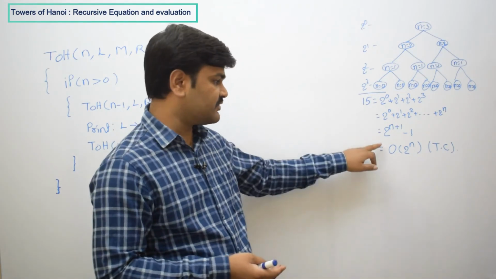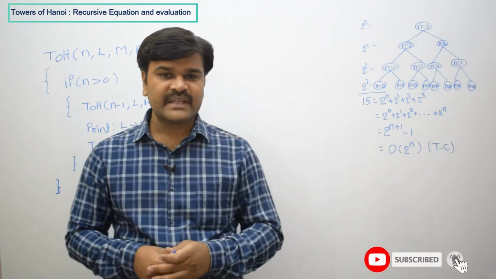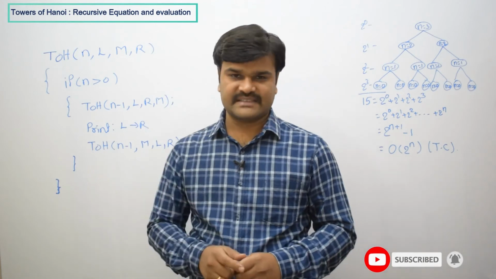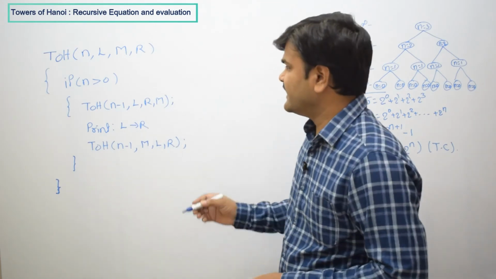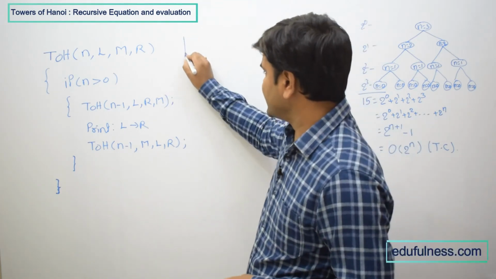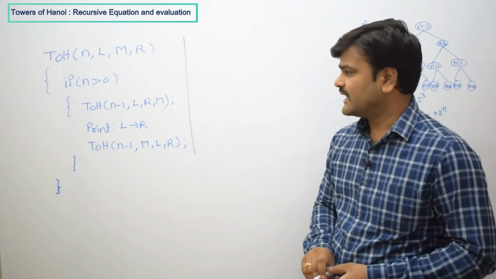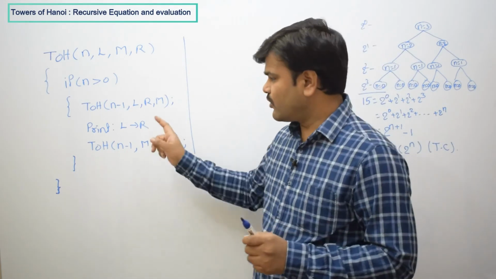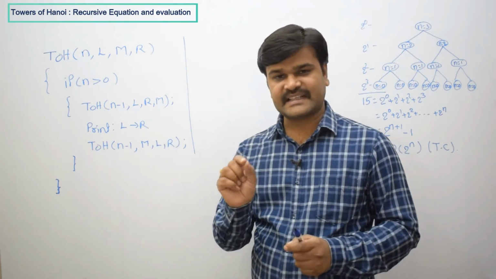That means whatever final output we get here, we are going to get the same thing from the recursive equation as well. So let us see that part now. Okay, so now this is the recursive code, and for this we are actually converting it into a recursive equation. So there is a similarity between the recursive code and the recursive equation, that is recursion, right?